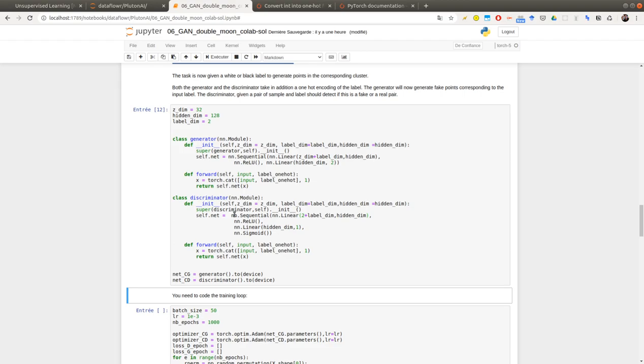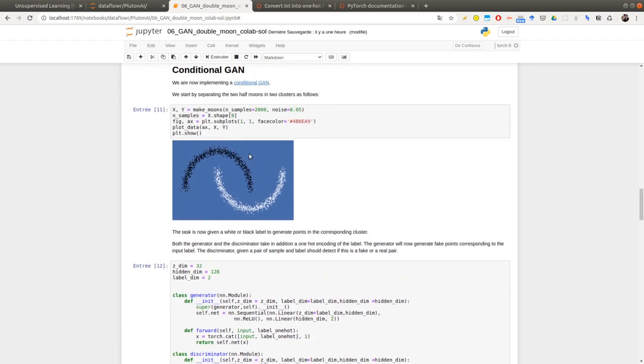So now the conditional generator is doing what? It's taking randomness through the Gaussian vector and the one-hot encoding of the label, and it's trying to produce a point which belongs either to this half moon if the label is black, or to this half moon if the label is white.